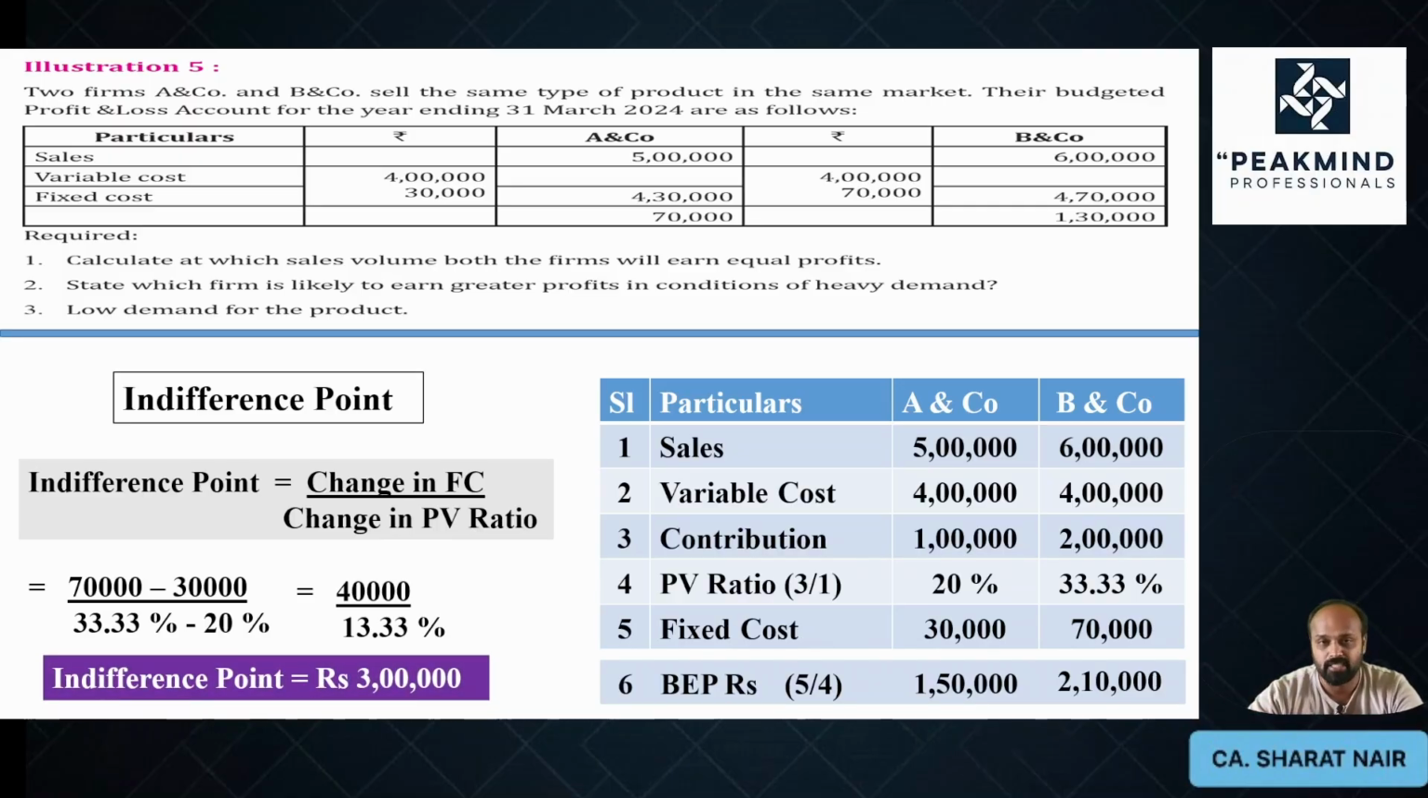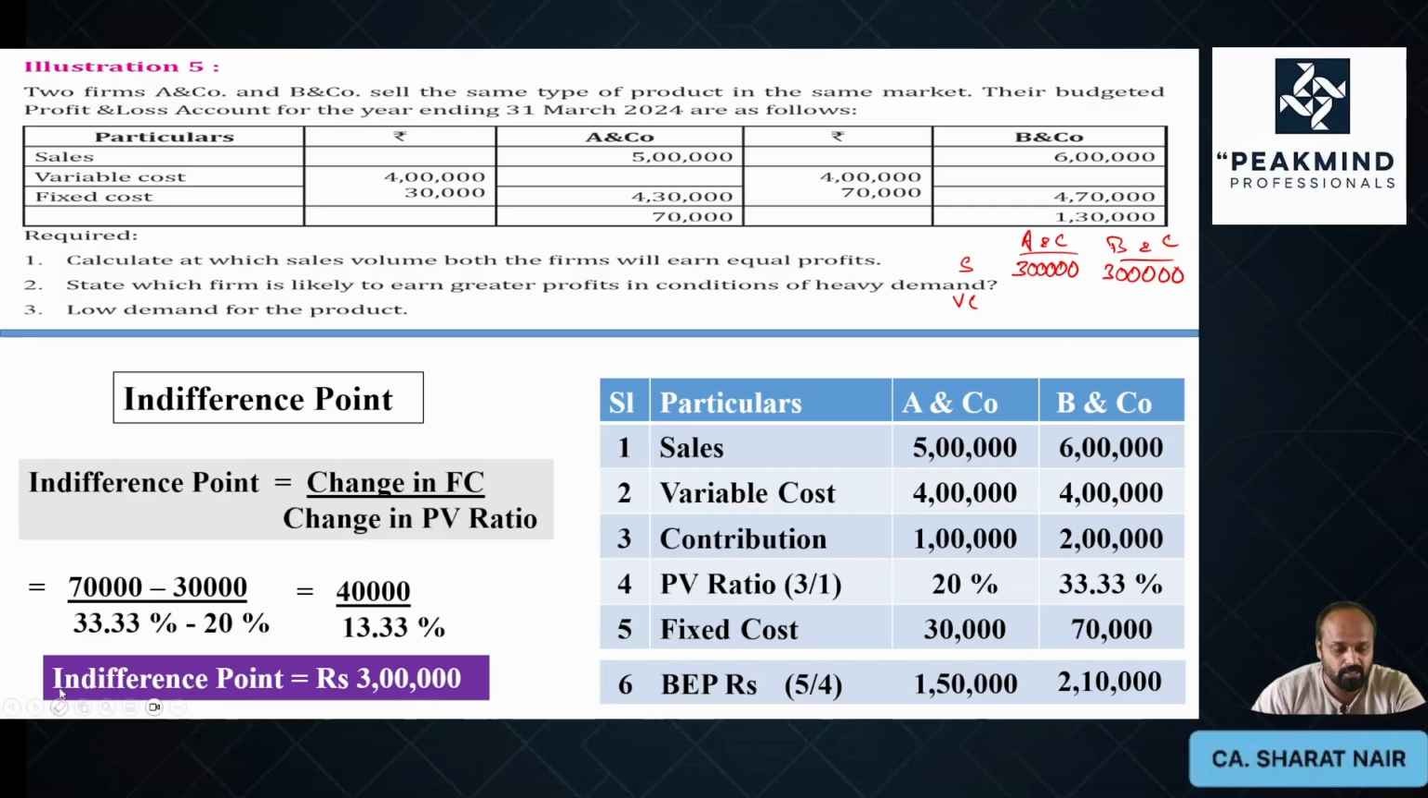Now how to ensure that it is true? Let us see. I am writing here A and company, B and company. The sales is 3 lakh for each company. What about the variable cost? For A company, it is 4 lakh. Okay. Now here, sorry,